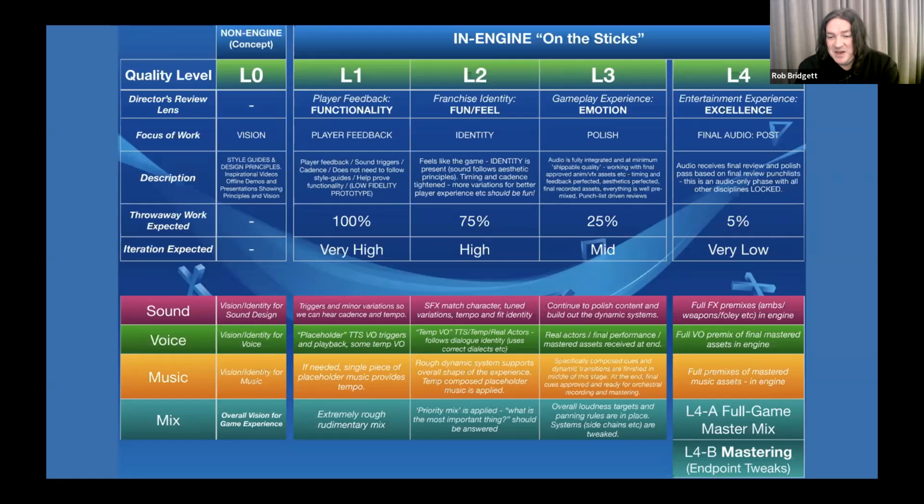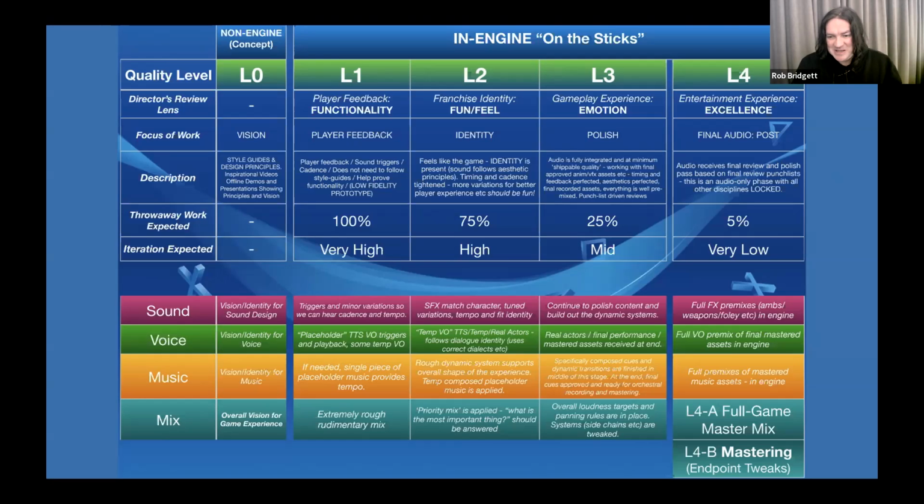And so once you reach an approved L3, you're reviewing that L3 stuff to make sure the emotion's there, that the shape of the experience is there, it's reactive, everything feels good, it's on tone and on identity, the feedback's already there. Once you reach that stage, it's kind of the end of production at that point. So this is usually where a game will ship, but one thing that we've really tried to push for is to have a small amount of polish time at the end, which is almost exclusively for audio. So there's optimization happening in that stage as well.